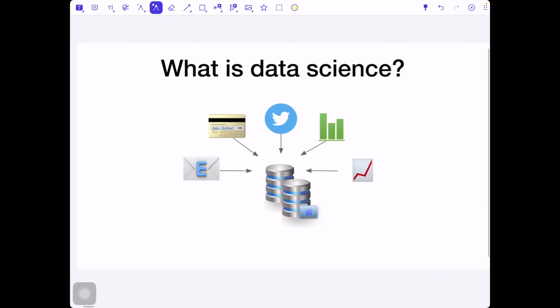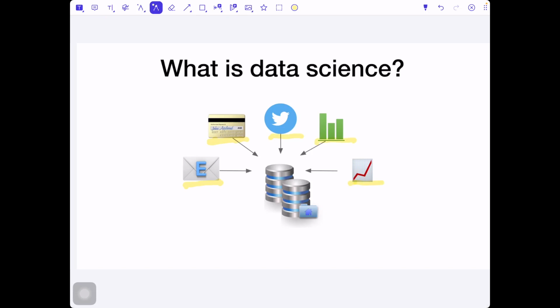But what is data science? Data science is a set of methodologies for taking data, which is given in different kinds of forms. You can see here, data is given as emails, or you use your bank card to pay something, or you get a tweet, or you have some Excel data sets with information about the success of a company, or you have sensor readings.